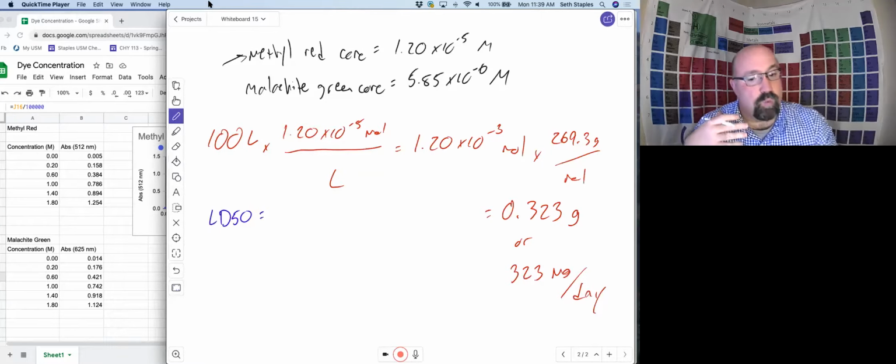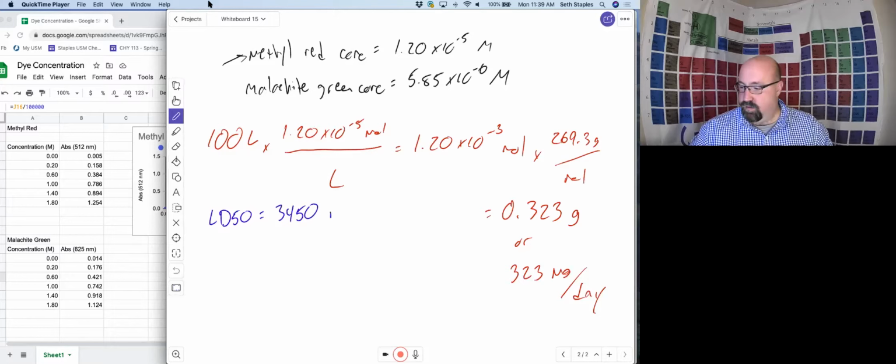When we start to work with environmental sorts of toxicities like this, you might have to make some assumptions, because as you probably found, you're not going to be able to find the LD50 value necessarily for fish. The closest that I was able to come up with was the LD50 for rodents, I believe. Yeah, there we go. I was able to find the LD50 value for methyl red for mice equals